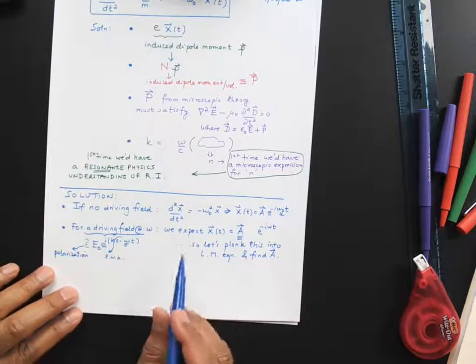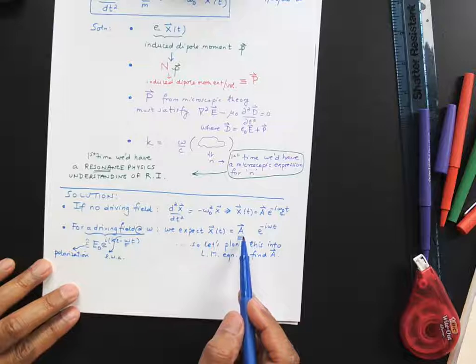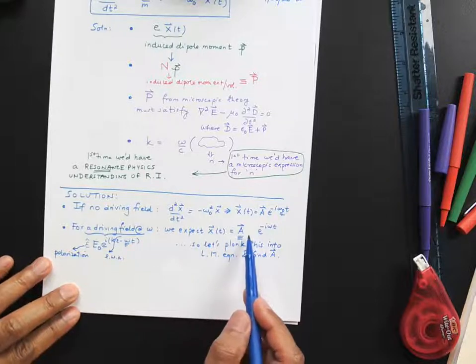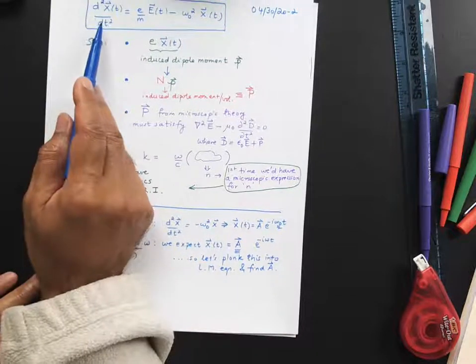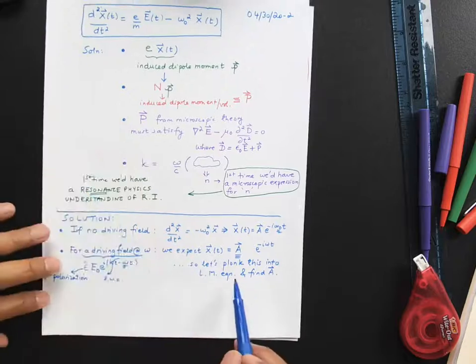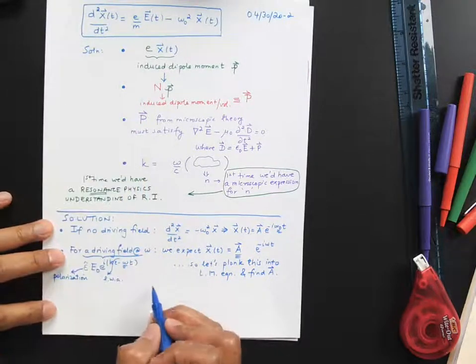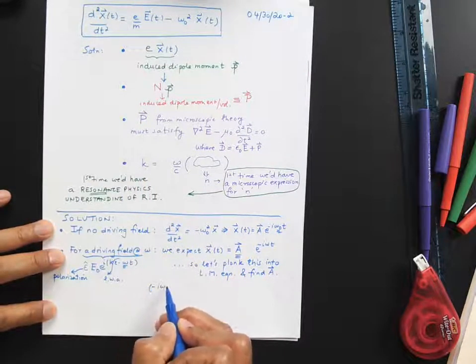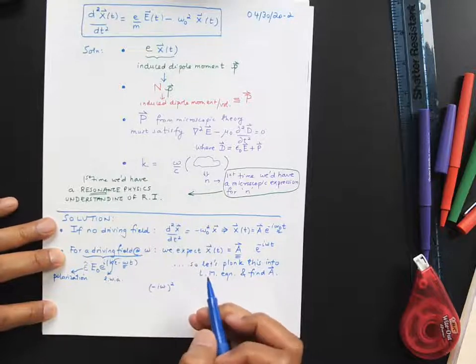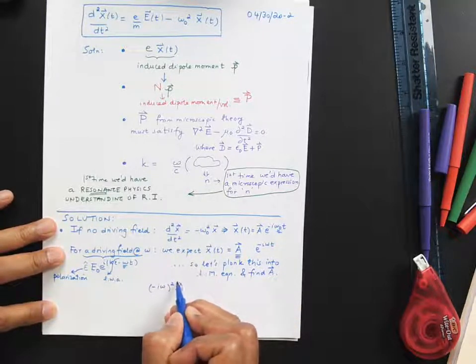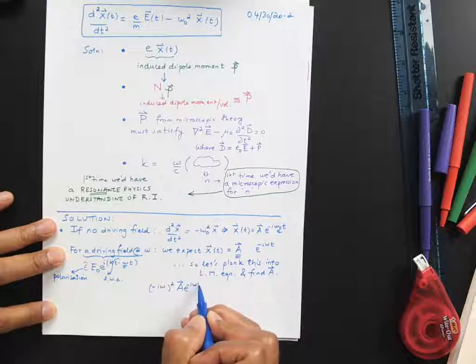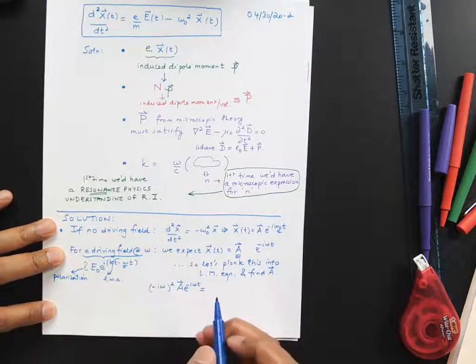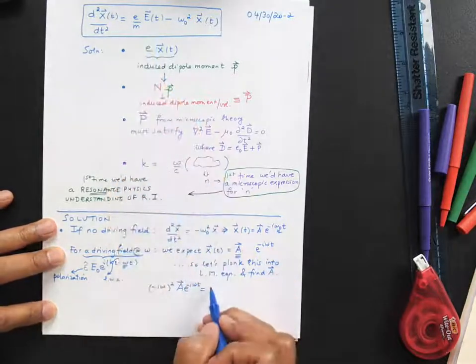The double derivative of x with respect to time is the left-hand side, so I'm just plonking it back in there. The double derivative is minus i omega squared, and then I get x back. So that's A e to the minus i omega t equals, on the right-hand side, I have